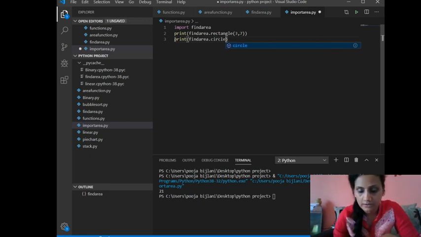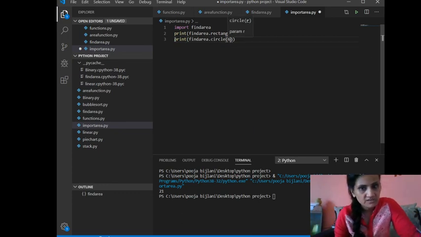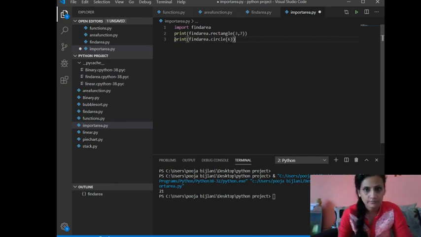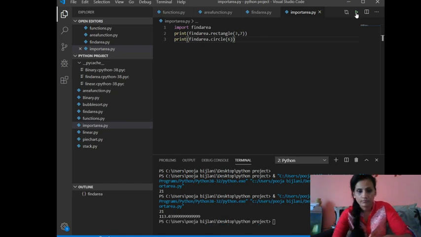Dot circle, and inside that I am giving 6. Can you see answer 21 coming again because it is written? So this is the way a module is being made, and this is the way we connect.